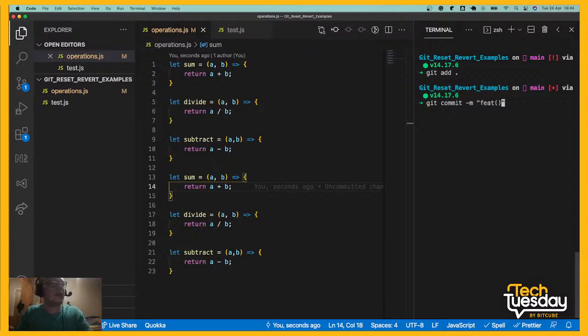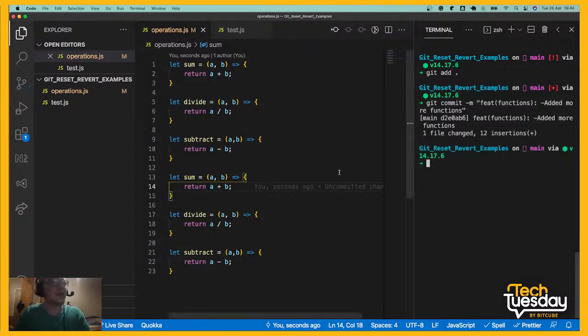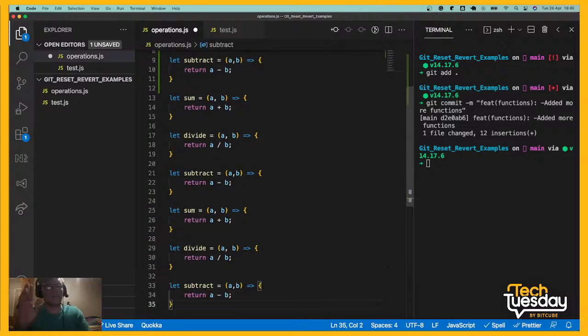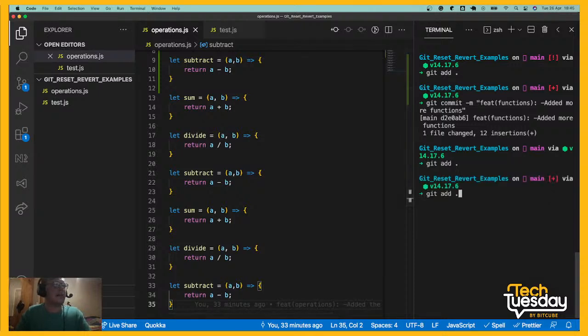Say functions added more functions. There we go. This is bothering me. There we go. Added more functions. We'll do that 2 more times just to simulate work actually being done in this directory. There we go. Add that. Added